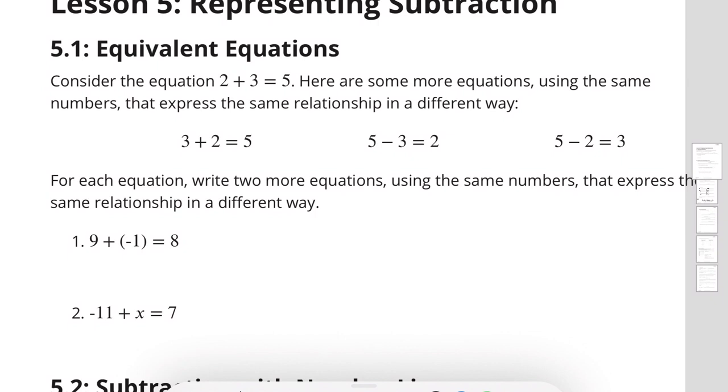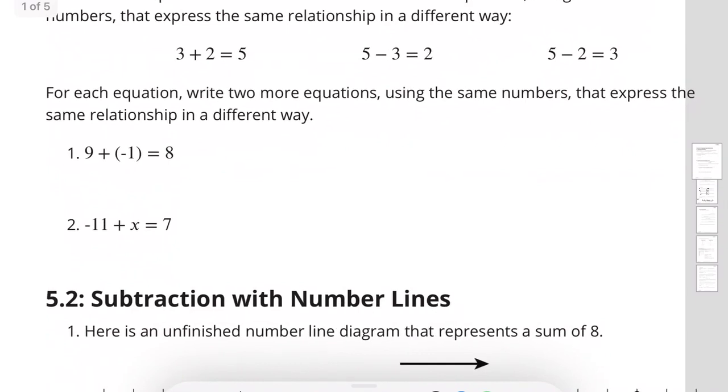Then I may also write it as subtraction. So since the sum is 5, my subtraction will start with 5. So 5 minus 3 equals 2, and 5 minus 2 equals 3. So it says for each equation, write 2 more equations using the same numbers that express the same relationship in